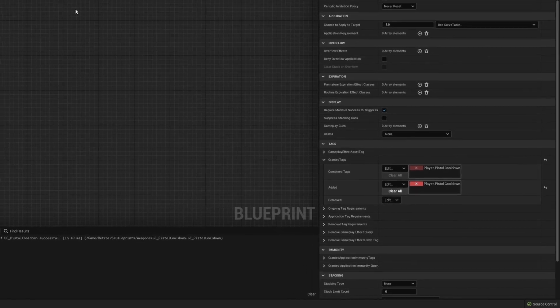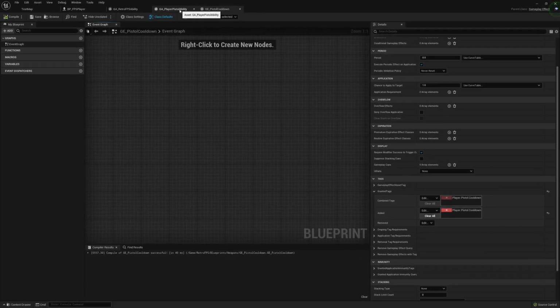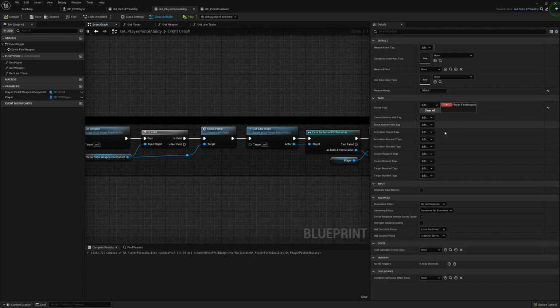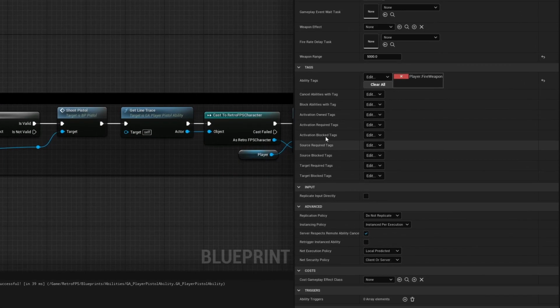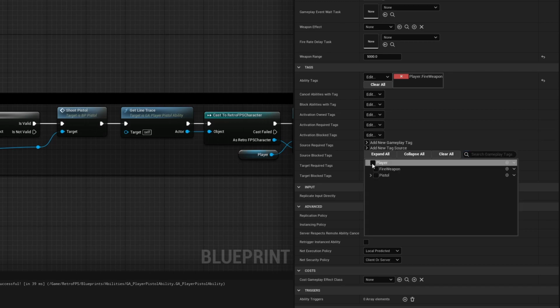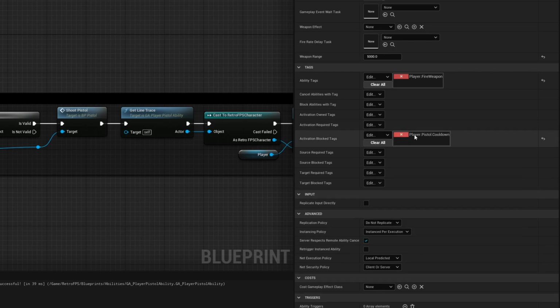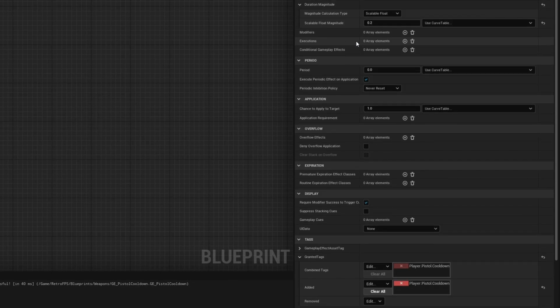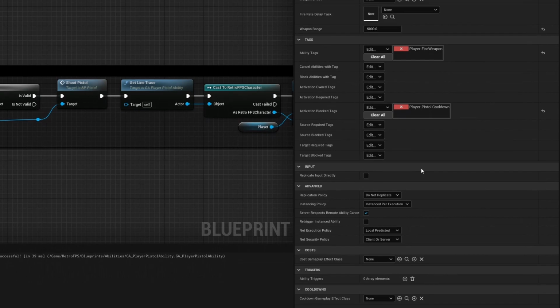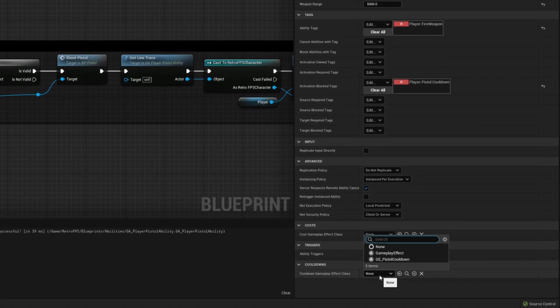So with that done, we can move on and go back to the player pistol ability. And all we need to do in here is the activation blocked tags, meaning this ability is blocked if the activating actor/component has any of these tags, meaning all we need to do is add this cooldown tag, because if the cooldown is active, which it will be when we fire, then you can't fire again until it's over. The duration of 0.2 seconds, or whatever we did, when that's up, then this will go away. So down here at the bottom, we have that cooldown gameplay effect class,